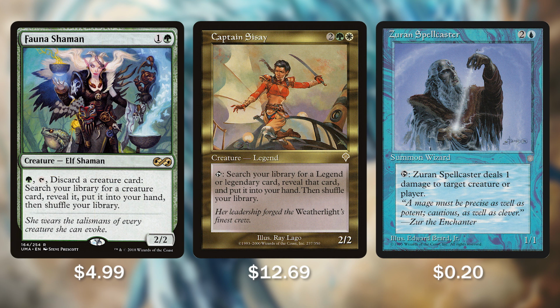And lastly, Zuran Spellcaster, 2 and a blue. Whenever we tap the Zuran Spellcaster, it is going to deal 1 damage to any target of our choosing. It is important to know that though, because if we do need to ping down a planeswalker, we can. There is a rata text that lets us target any target. And through the right combination of tapping and untapping all of these creatures, we can do a lot of crazy